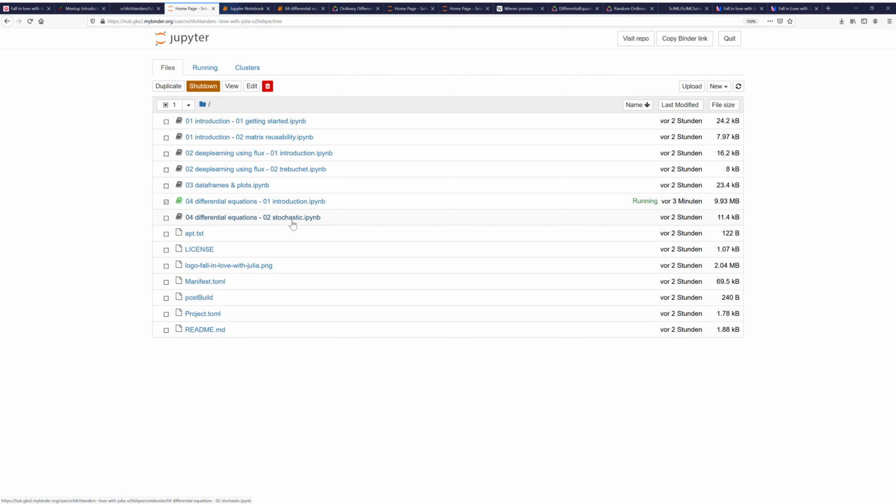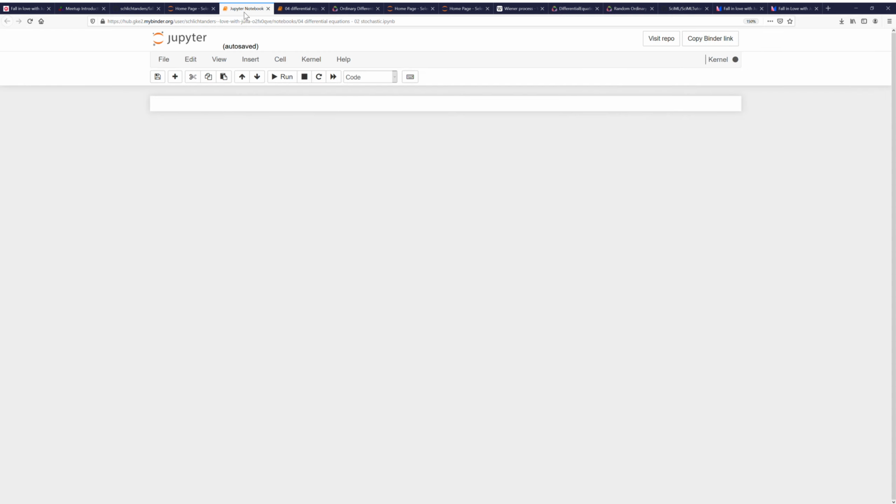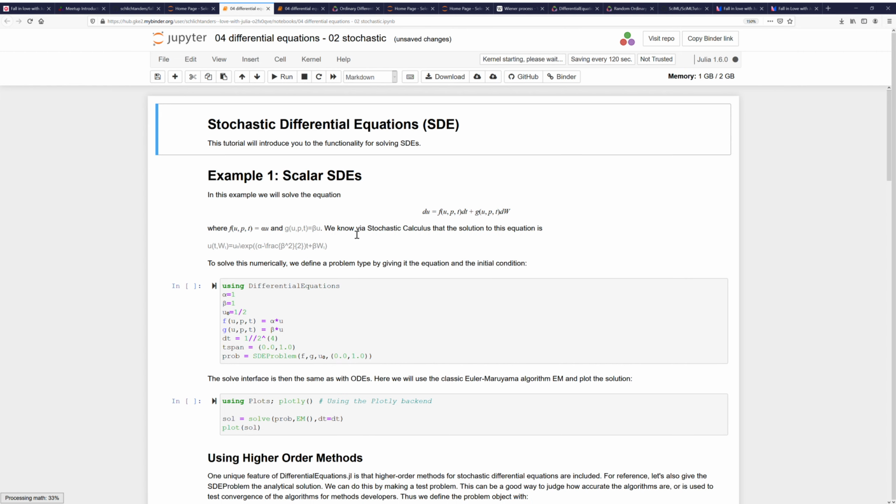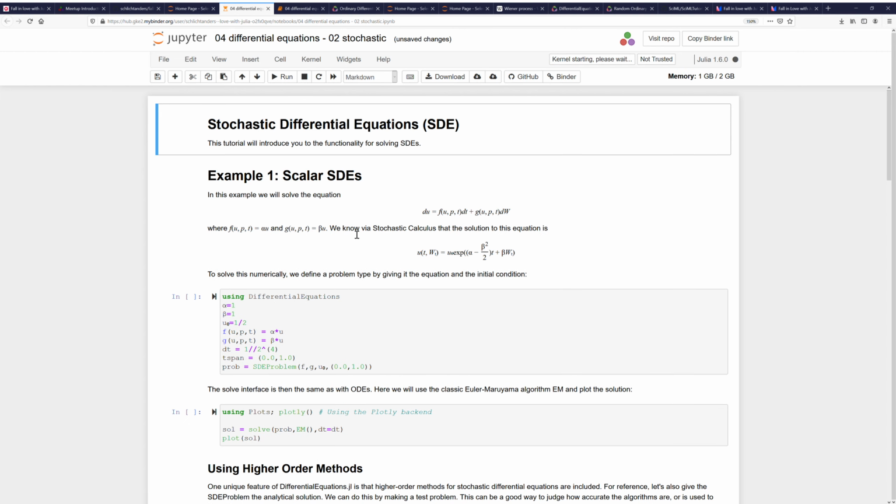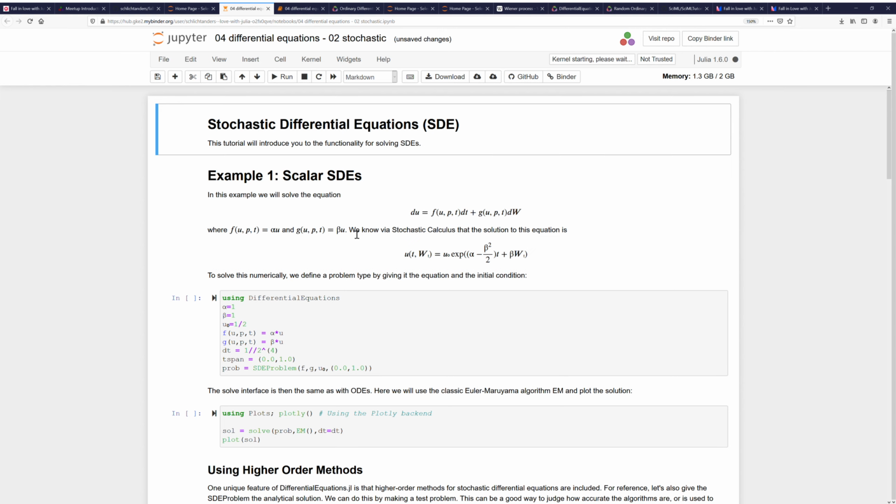The other little tutorial which I put here is a compilation of the stochastic differential equations version. That's because I actually have some background in stochastic systems. I studied applied stochastics back in my master's, and hence I really like the systems quite a lot. I've looked into the stochastic differential equations from the math side, which is quite heavy, and I'm very happy to see them being able to apply just right away. There are different ways how to get probability into such time-dependent systems. And the stochastic differential equations, they are usually written this way, that